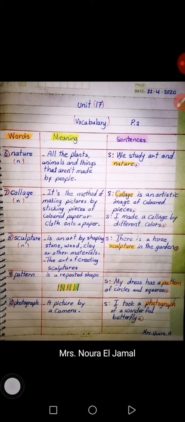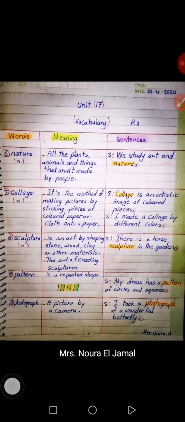Number 7, collage. Collage is a noun here. What's the meaning of it? It's the method or the way of making pictures by sticking pieces of colored paper or cloth onto a paper. So here, if we cut small colorful paper and stick them together, it will be a collage. And also if we cut small pieces of cloth and stick them together beside each other, it's called